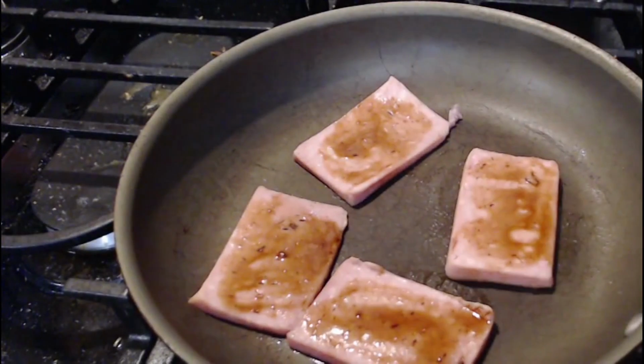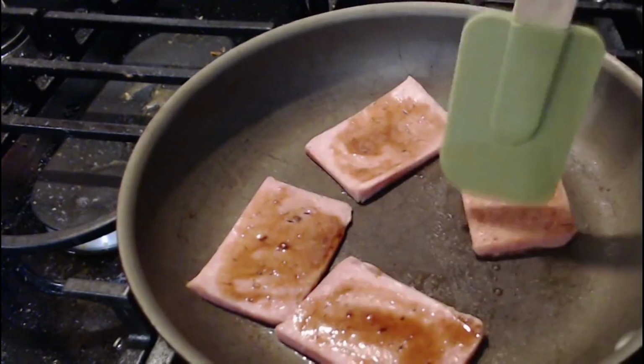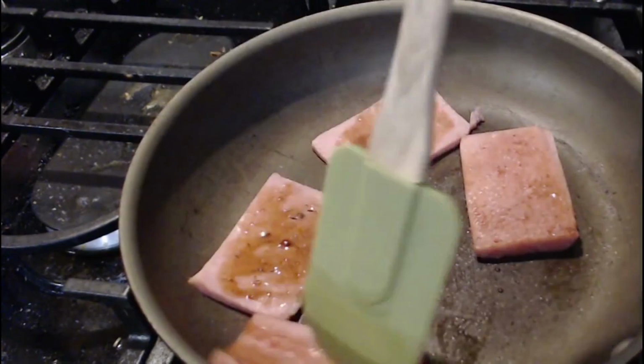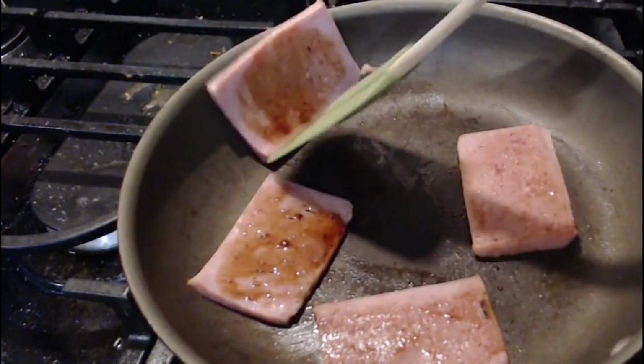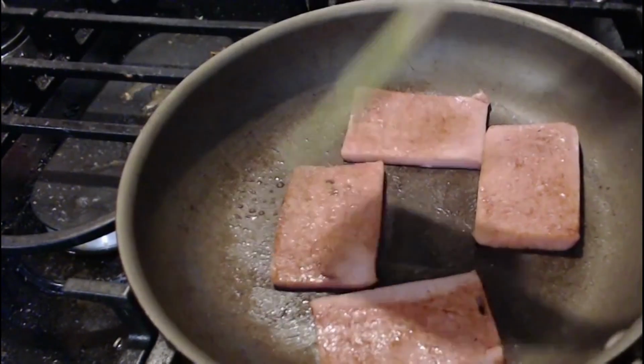So going back to trying and failing, the tongs did not work. It was very slippery, but it's fine. I found a spatula, everything flipped. It was all good. I had a few bobbles while making this,